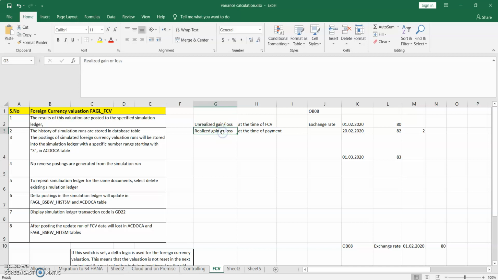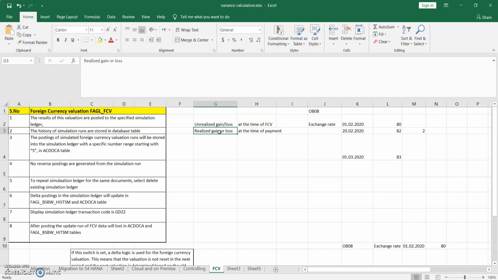When we make the payment for the foreign currency invoices, that time it is going to update realized gain or loss. In the S4 HANA system, we have an option like a simulation run. That is one of the new features which has been added. To do a simulation run, we need a simulation ledger in the S4 HANA system.